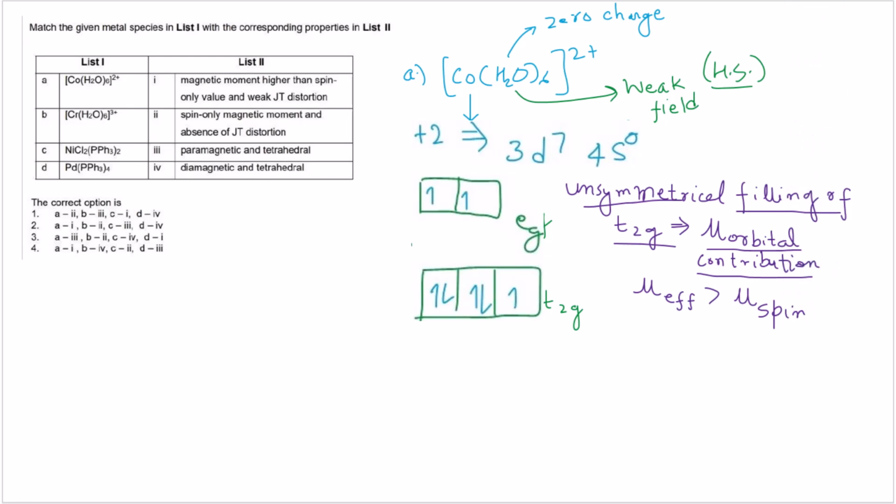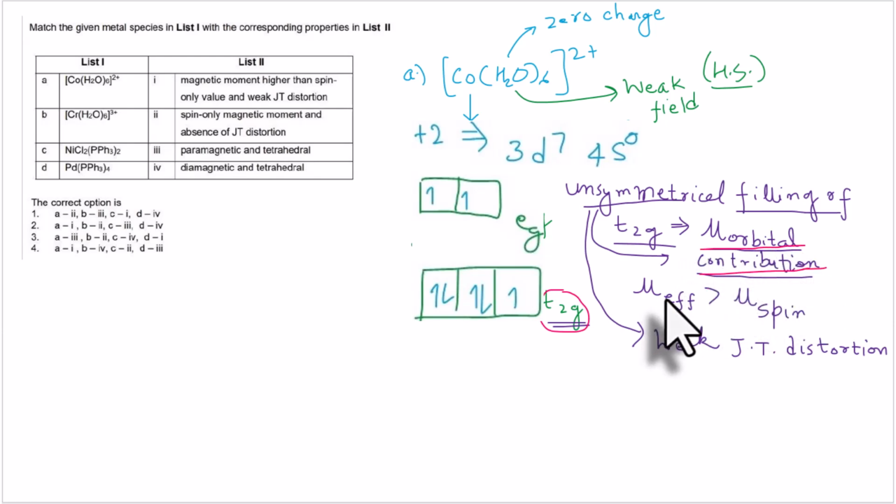And also this unsymmetrical filling of t2g will give rise to one more consequence, that is a weak Jahn-Teller distortion. So for this cobalt complex, which has an unsymmetrical electron filling in the t2g orbital, that will give rise to orbital contribution to the magnetic moment, which results in the total or effective magnetic moment being greater than the spin only magnetic moment, and also the weak Jahn-Teller distortion because of the unsymmetrical filling of the